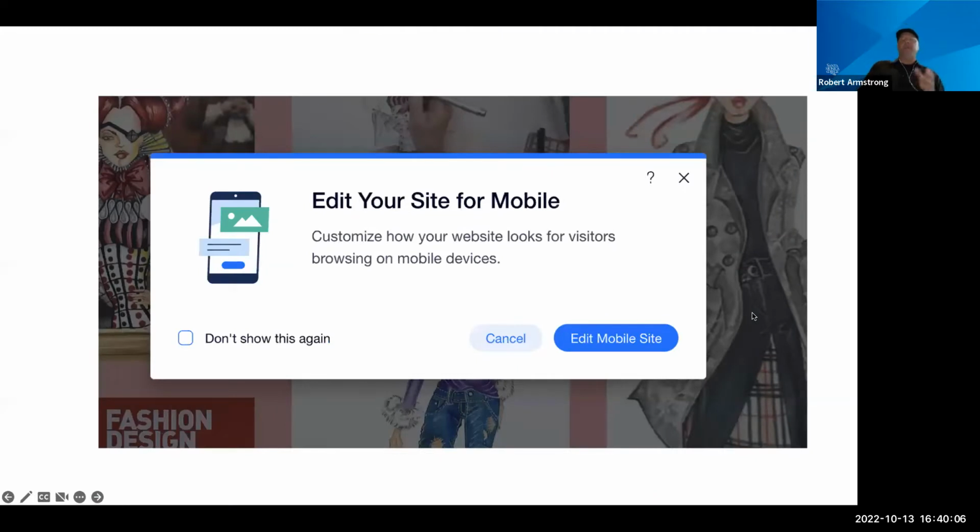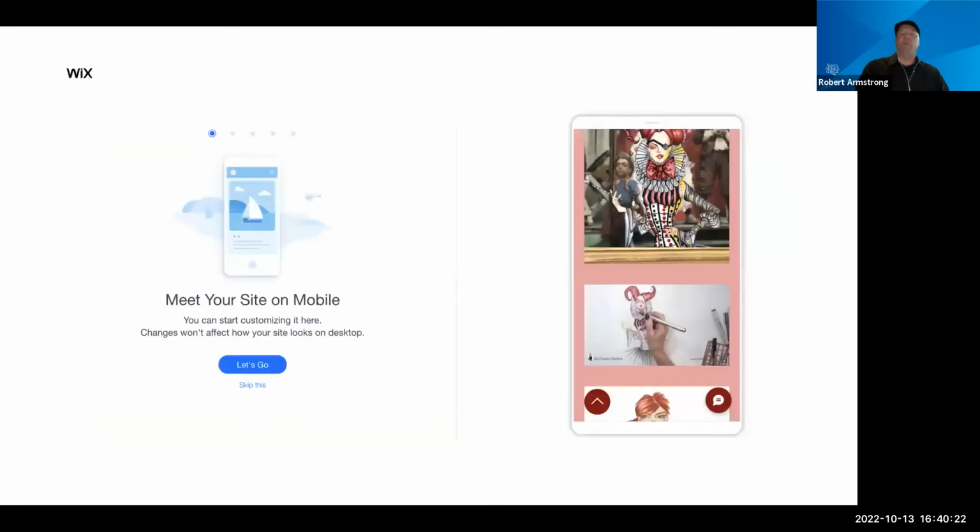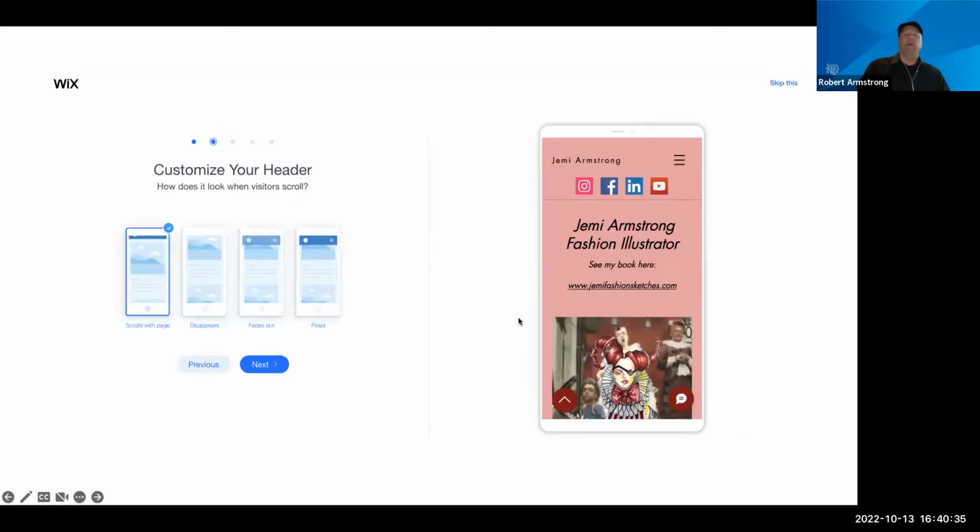So now the next step is, okay, how is your site going to look on phones? Because so many people, and iPads, so many people check their portfolios, and other employers and universities will do a quick check on their mobile device. So this gives you the option to edit for a mobile device. When you go to the mobile device edit options, you get to see how the site's going to look on a mobile device. You can scroll through in preview mode,